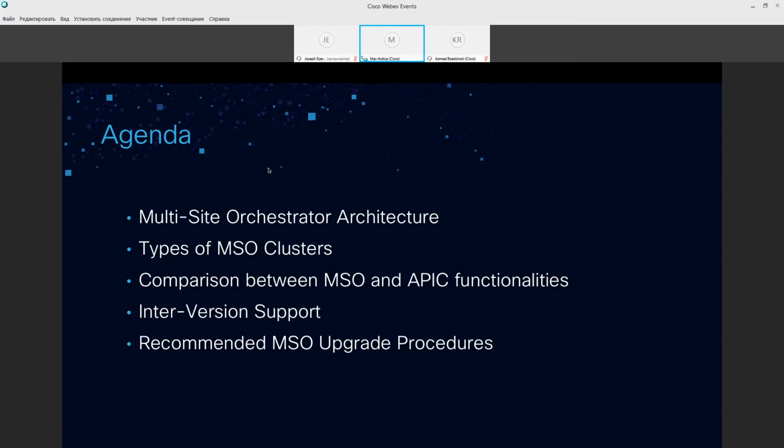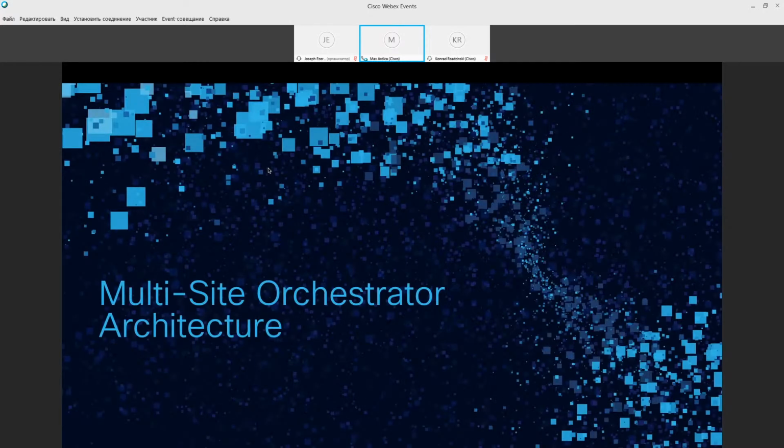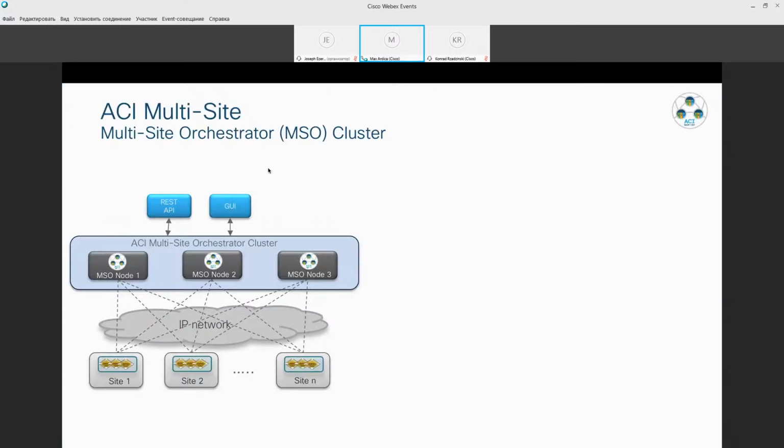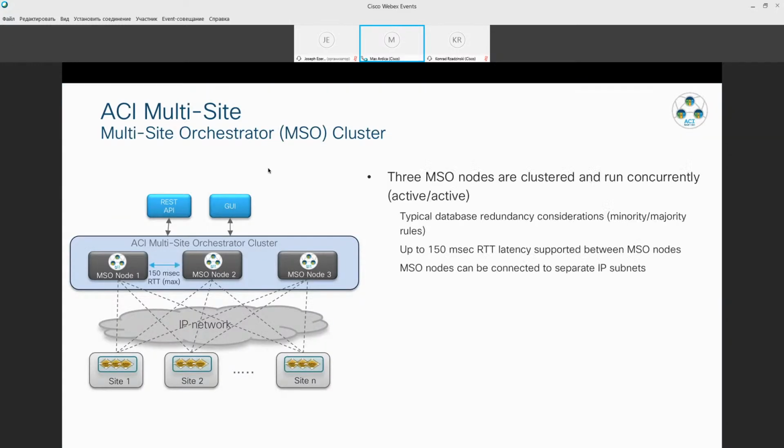Okay, so let's start. The multisite orchestrator at a high level is a cluster of 3 nodes. This is independent from the type of cluster, from the flavor of cluster that I will cover next. It's a cluster of 3 nodes that work in active-active fashion, that sync information between them. And so there is a limit on the latency that we can have between the nodes of the same MSO cluster. And that limit is 150 millisecond round trip time, which is quite a good